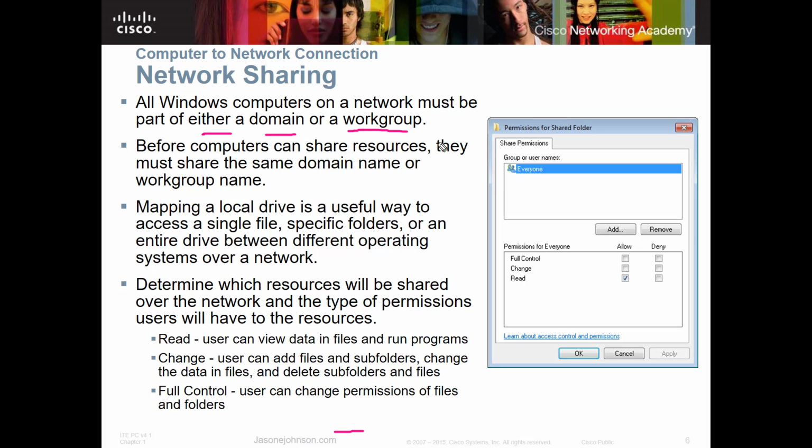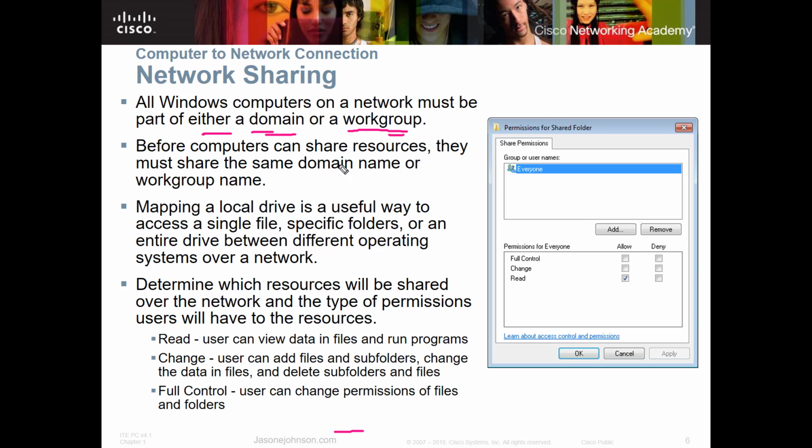If you just get onto a computer and you're broadcasting, sometimes, and this is in general, you can still get in and see computers. You can port in, or they've got open ports on a computer. That's not what I'm talking about. I'm talking about just regular network. If you just go in and look at the network settings, you're going to need to be on a domain or a work group to be able to see resources.